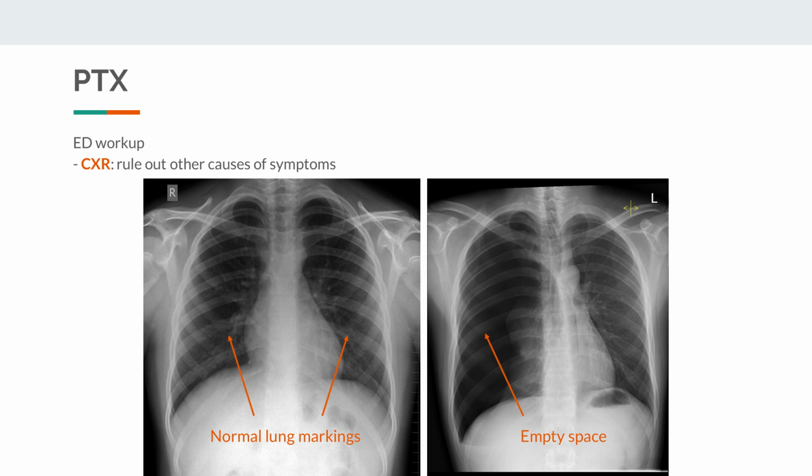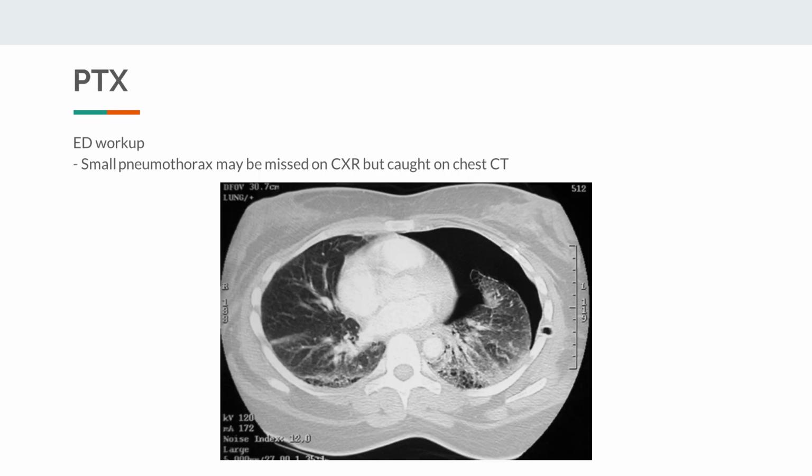In a large pneumothorax like this one, you may also see tracheal deviation where the trachea is shifted towards the side with less pressure. Tracheal deviation may also be evident during the physical exam. Small pneumothorax might be missed on the chest x-ray but seen on the CT.